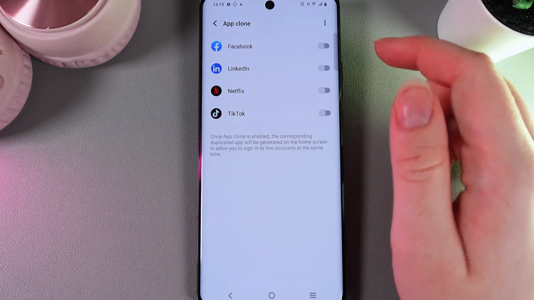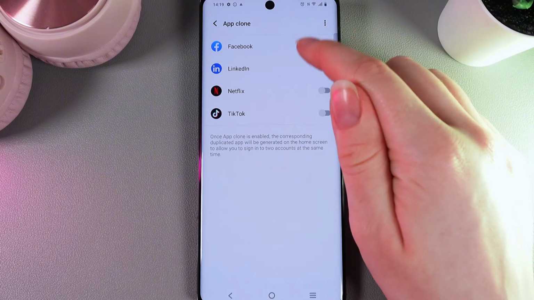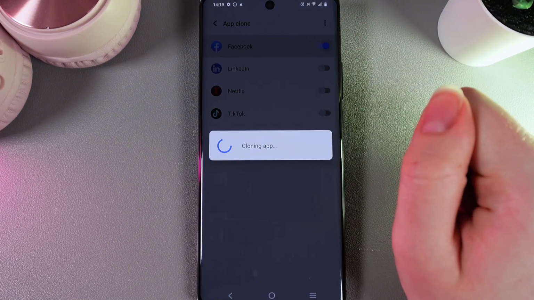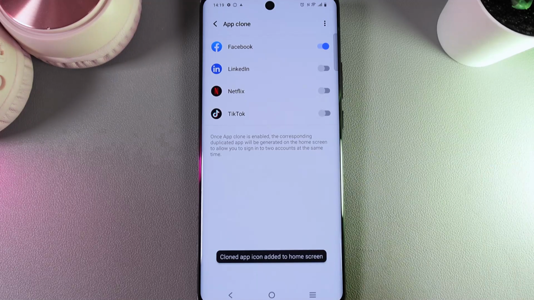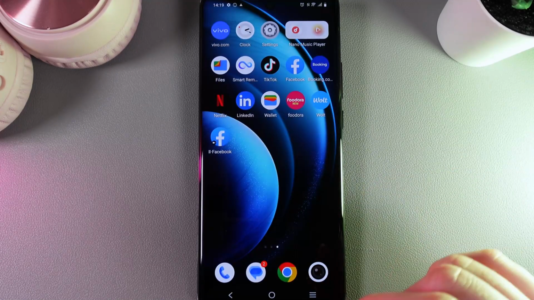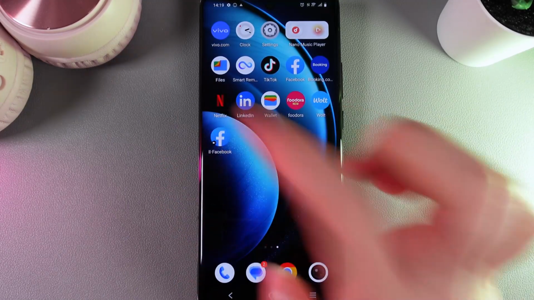So, for example, let's choose Facebook. We would need to click on this slider to clone this application. You can see that the cloning app process has been done, and now we have our copy of the Facebook,